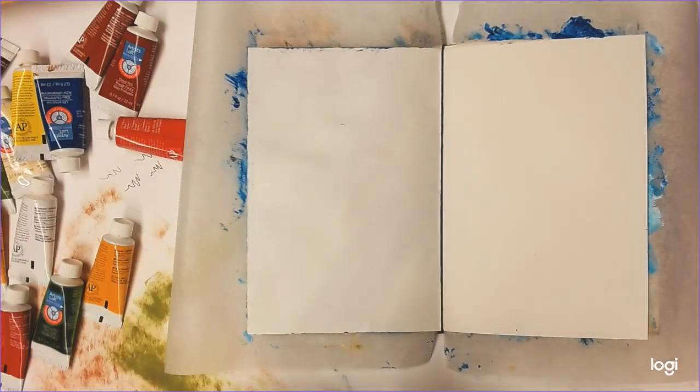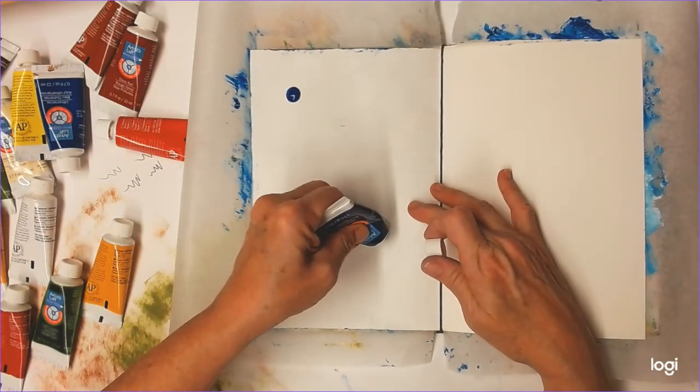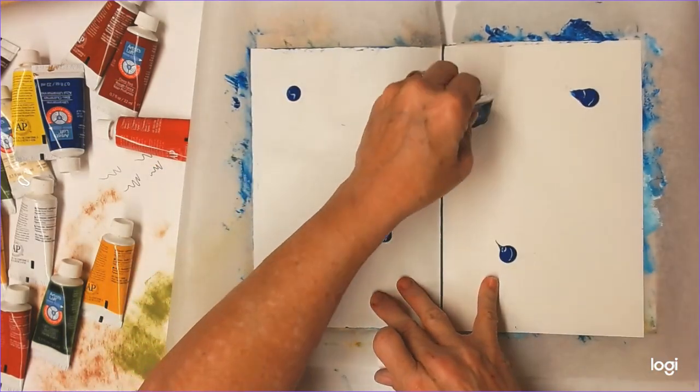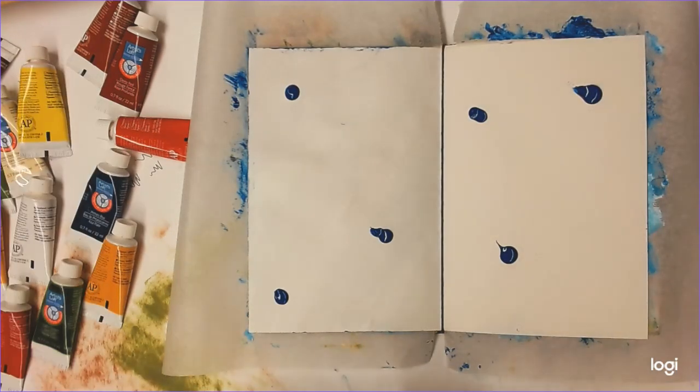some Phthalo Blue. I can't remember what blue I used last time. I've got Phthalo and I've got Ultramarine. I think Phthalo's what I used last time. I'm going to try to put more shades of things this time instead of just...